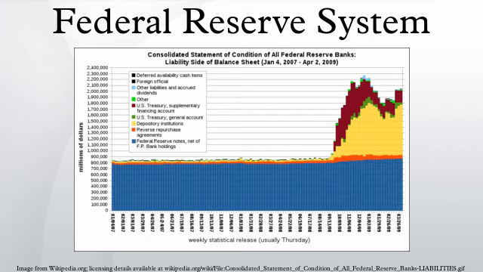Member banks, according to the website for the Federal Reserve Bank of Richmond: More than 1/3 of U.S. commercial banks are members of the Federal Reserve System. National banks must be members. State-chartered banks may join by meeting certain requirements.